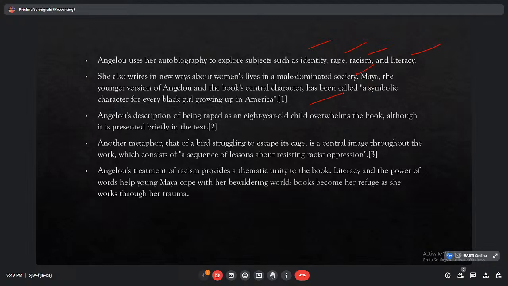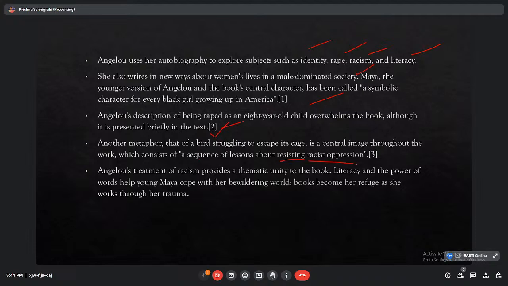So, Angela's description of being raped as an 8-year-old girl overwhelms the book, although it is presented briefly in the text. Another metaphor, that of the bird. So, what is metaphor? Metaphor is the implied comparison. So, the metaphor of a bird struggling to escape its cage is a central image throughout the work, which consists of a sequence of lessons about